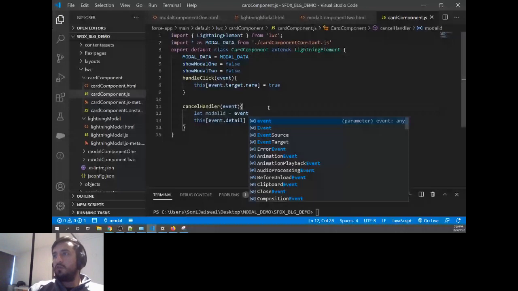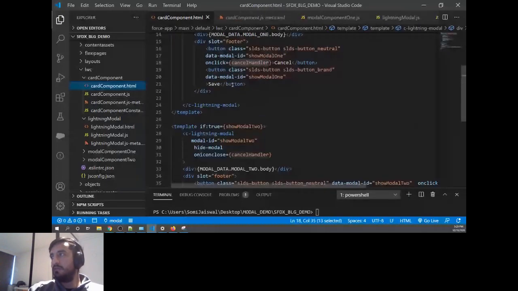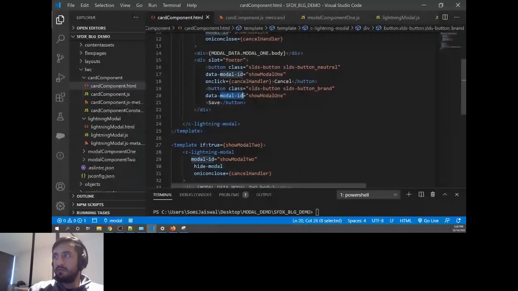So whenever you want to fetch the data from your HTML in the form of data-star, whatever the attribute you are saving here, you always use dataset. So from dataset, give me the model ID. And you already know whenever we use an attribute, we hyphenate it. We never use camel casing. So whenever there is a hyphen, in JavaScript it will change into camel case. So I'm using modelId.